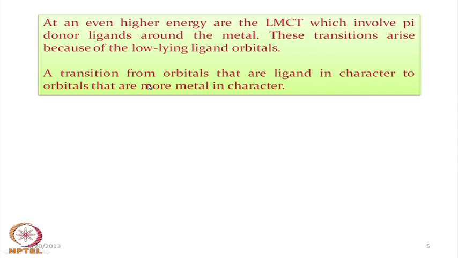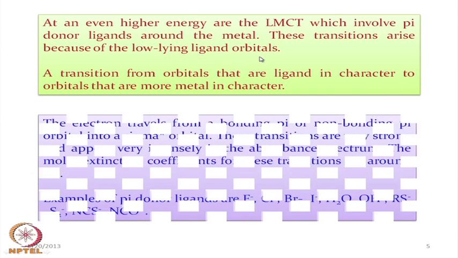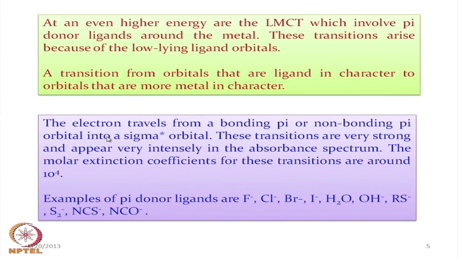So, a transition from the orbitals that are of ligand in character to orbitals that are more metal in character. So, we will have the transition from one molecular orbital which is of ligand character to another molecular orbital which is of metal character. Then we will consider the transition would be LMCT. So, the electron basically travels from a bonding pi or non-bonding pi, that means pi to pi star orbital,